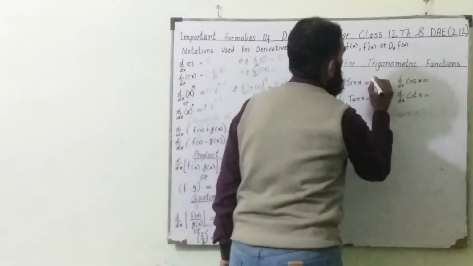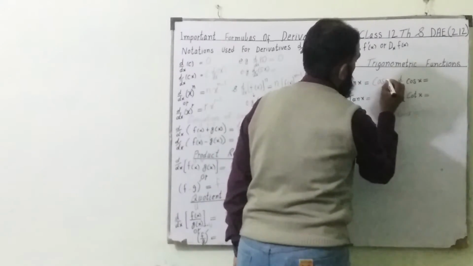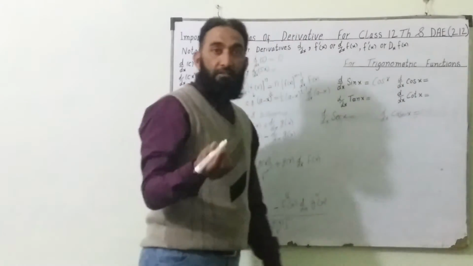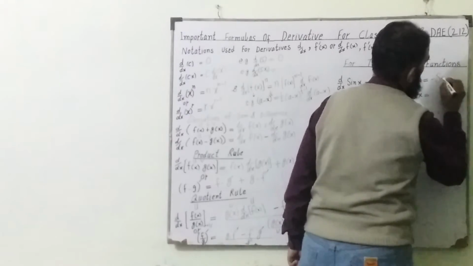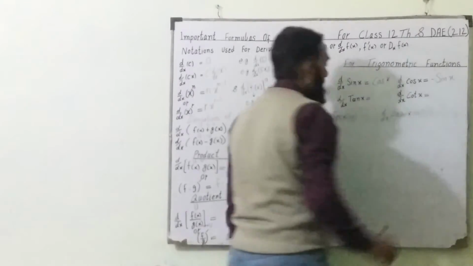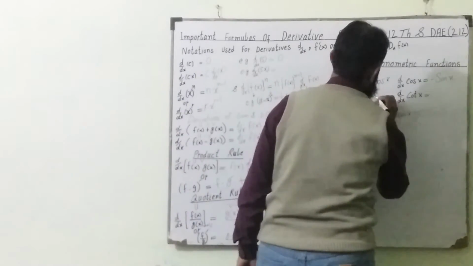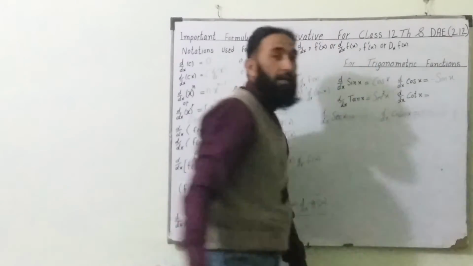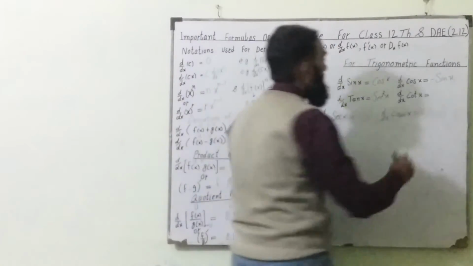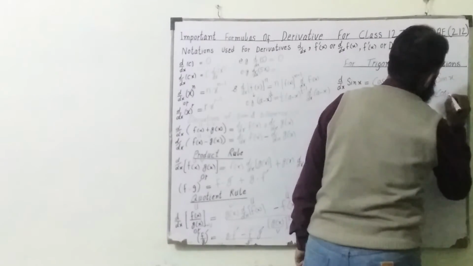Students, the derivative of sine x is cos x, and the derivative of cos x is minus sine x, and the derivative of tangent x is secant square x, and the derivative of cotangent x is minus cosecant square x,